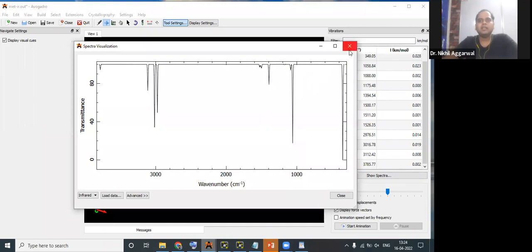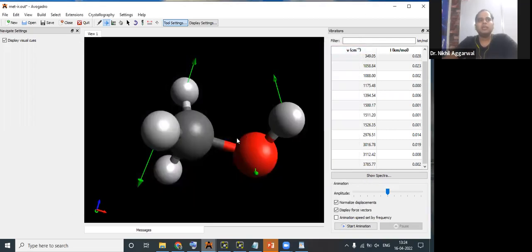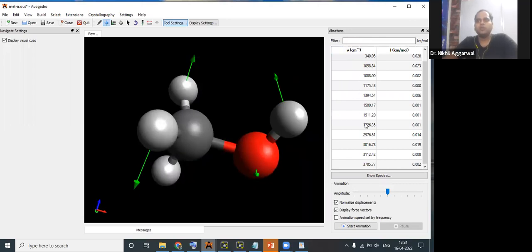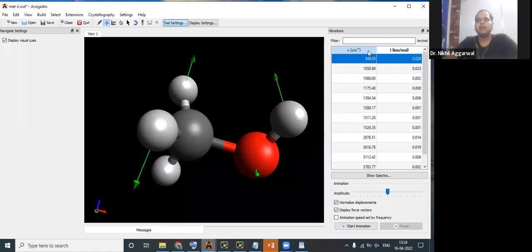But see, these are the properties which, as computational chemists, we are not much interested in. We are rather interested to see the information at a molecular level. At a molecular level, we would like to see what these vibration bands correspond to. As an example, we classify the vibrational bands in terms of stretching and bending. Stretching occurs at a higher frequency, bending occurs at a lower frequency. So I think this 349 centimeter inverse